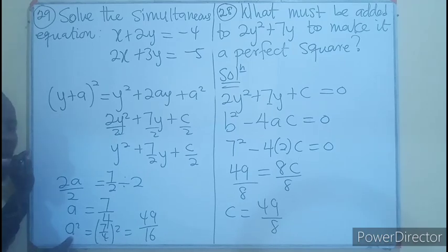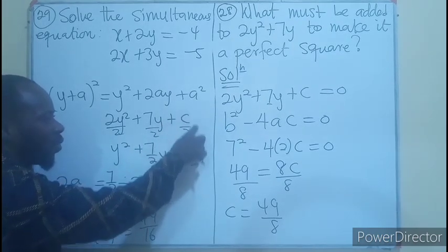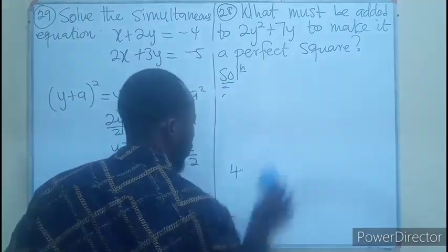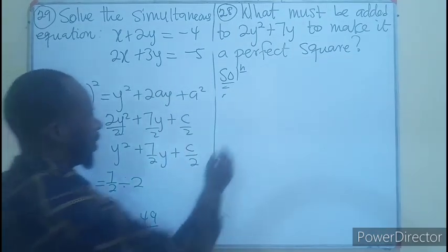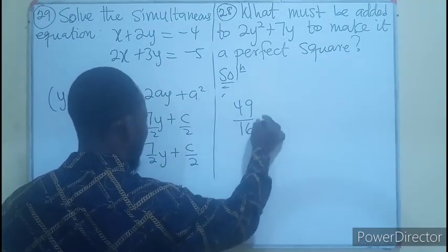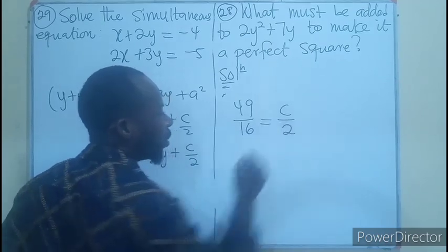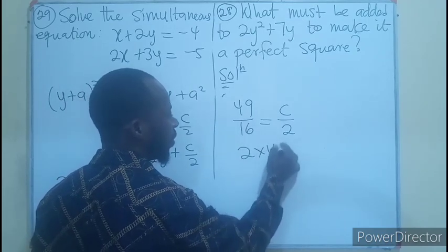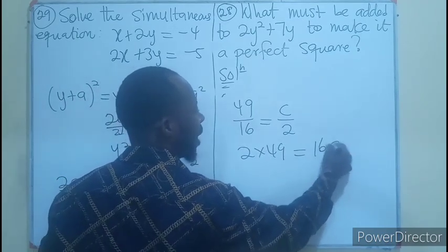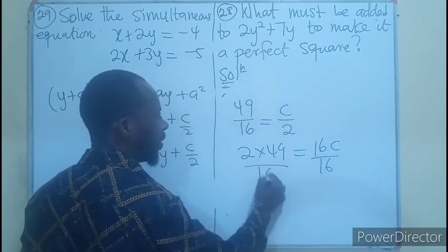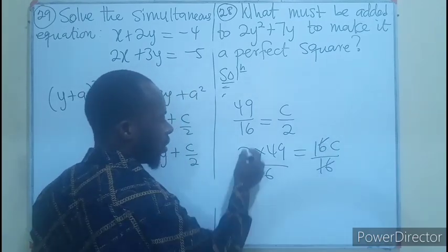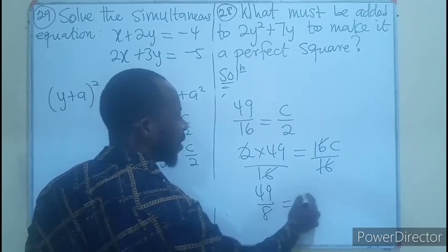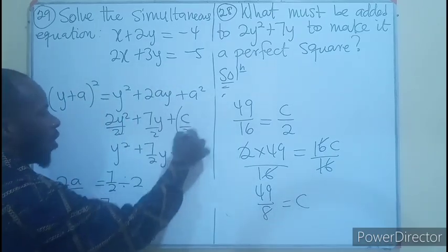So this your a squared, which is here, is the same as what? C over 2. So now here I'll be saying that 49 over 16 equals C out of what? 2. Cross multiplication, making that I'll be having 2 times 49 equals 16 times what? C. Divided by 16. This will cancel. This will go here each time, right? So 49 out of 8 is the C that we are adding,